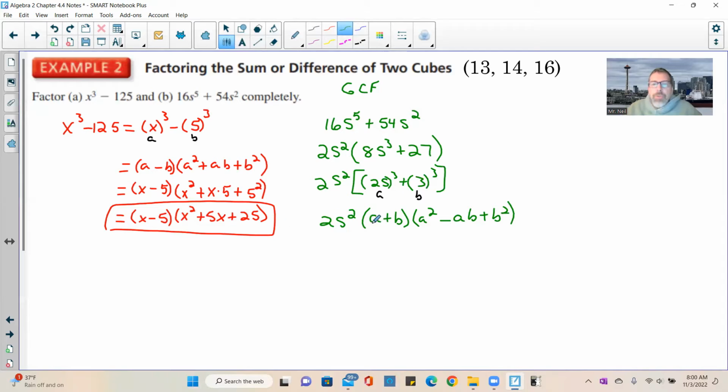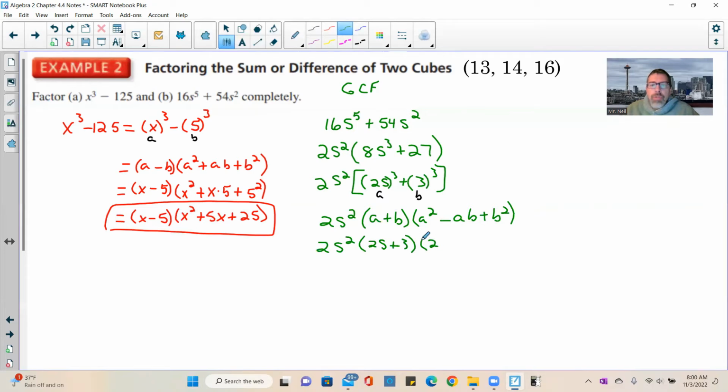Okay, so there's our rule, and now we're just going to substitute. 2s squared, a is 2s, plus b, which is 3, so it's 2s plus 3, times a squared, which is